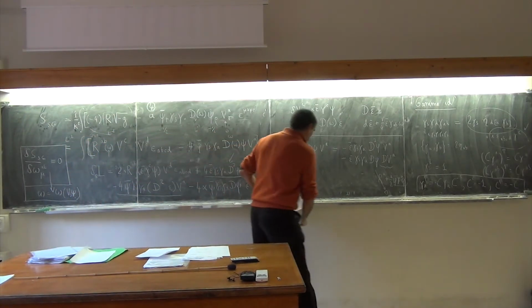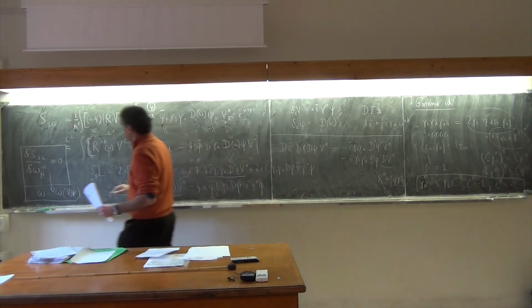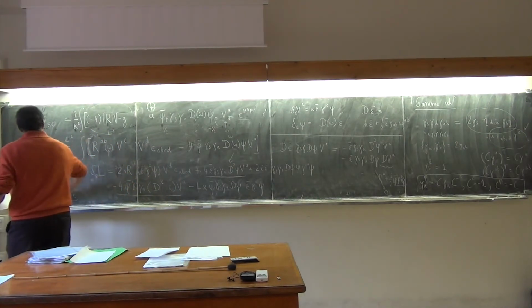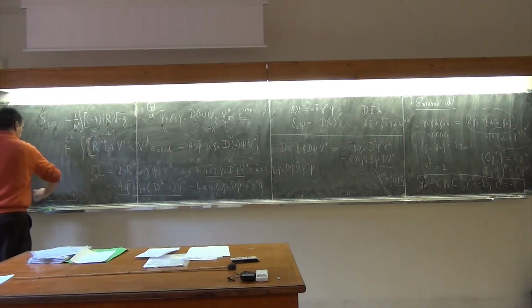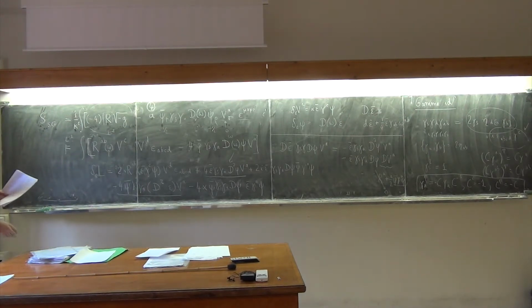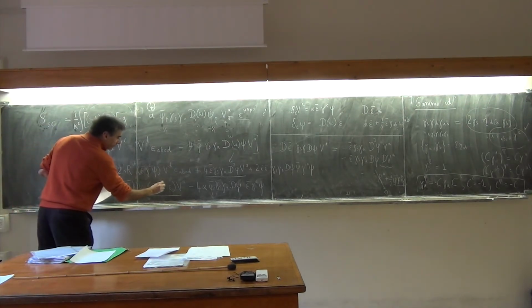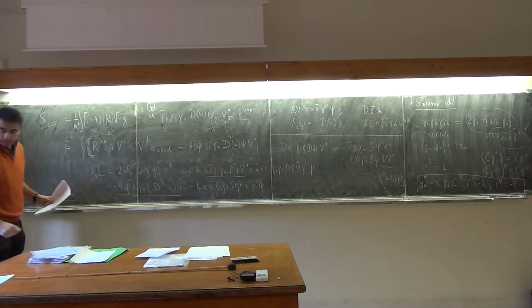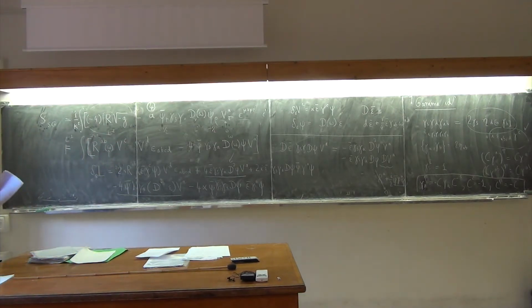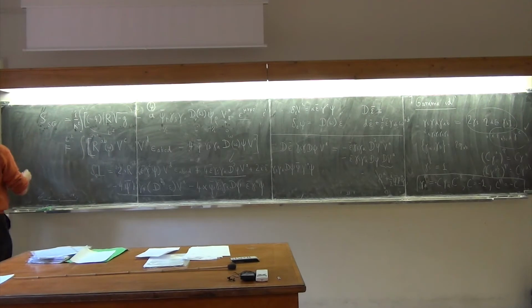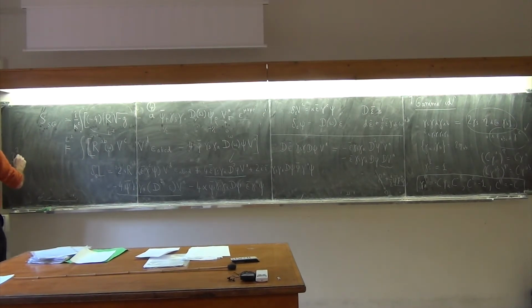Now, you can compute d squared, and you can guess that it will produce a curvature. D squared, after all, with exterior derivatives, is really a commutator of covariant derivatives, and this produces a curvature. You can even compute it, d squared on epsilon. You do it just by the definition of d. You repeat it two times, and you act on epsilon, and you will find that this is equal to minus